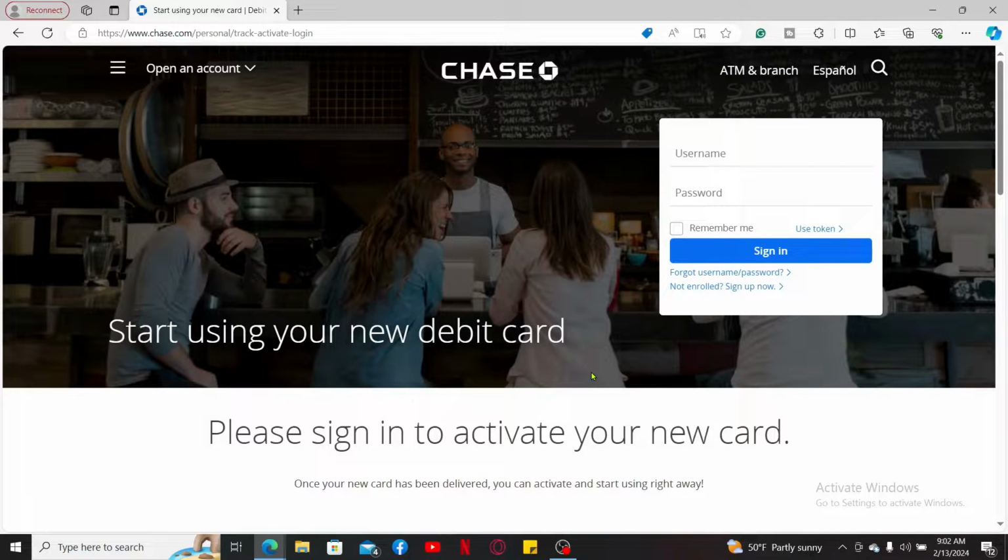But before that, you will need to sign into your Chase account. Enter your username in the first text box and then enter your password in the next field. If you have trouble remembering your password or your username, click on Forgot Username/Password and follow the on-screen prompts